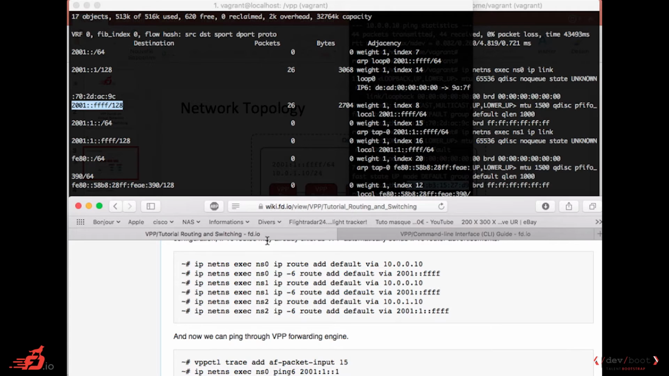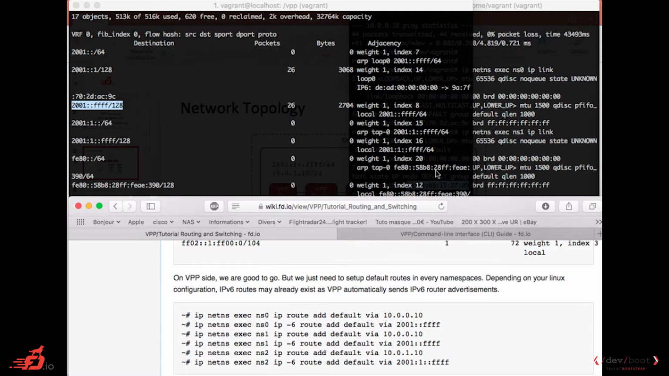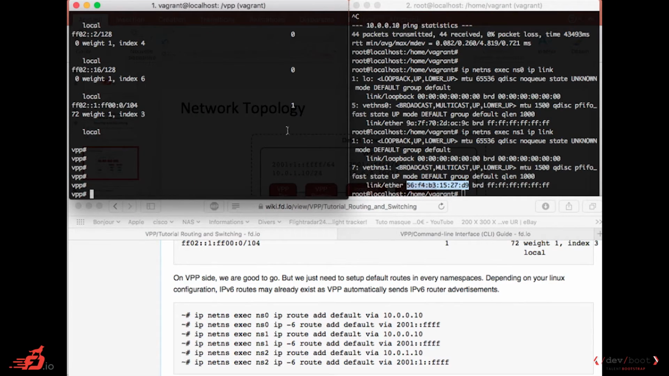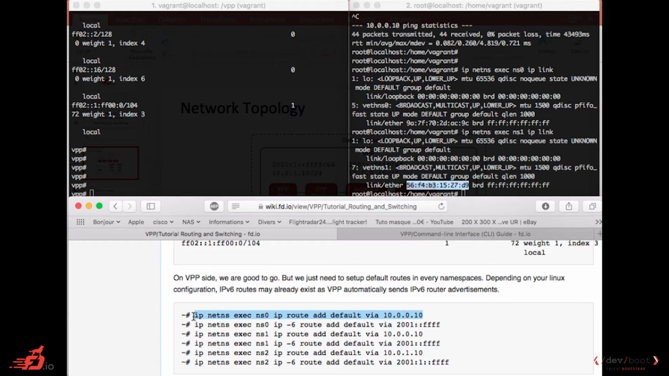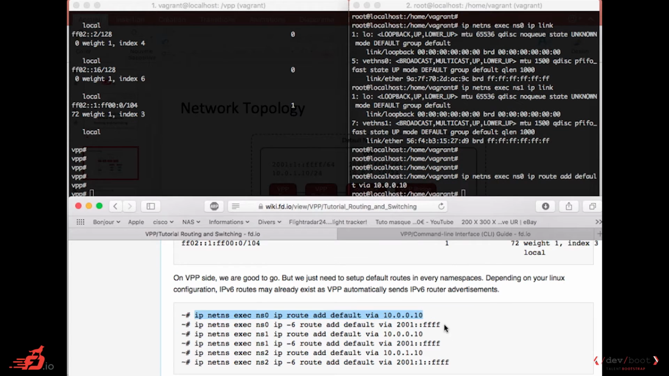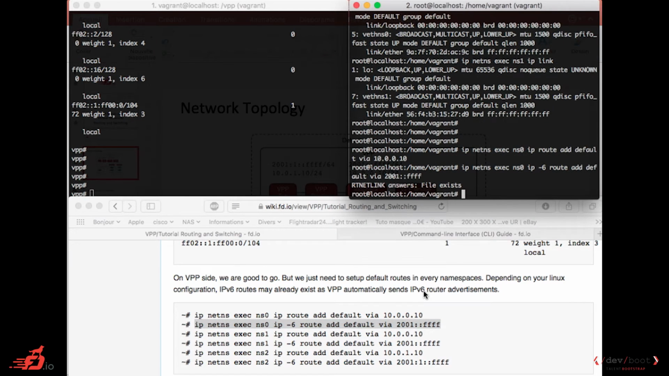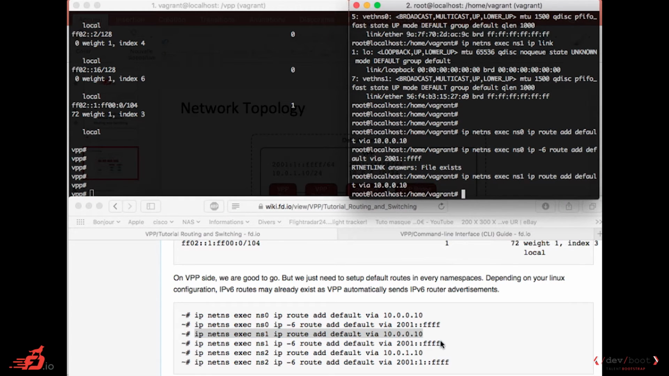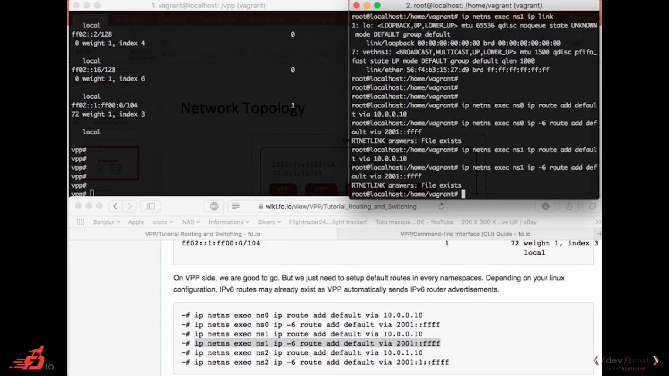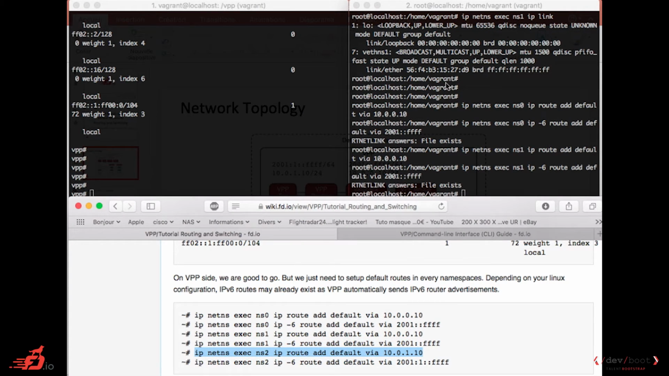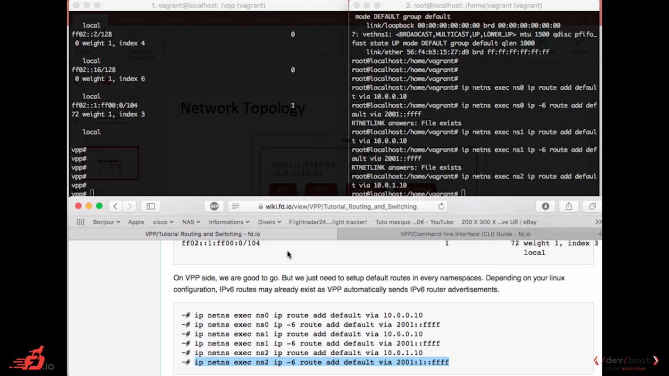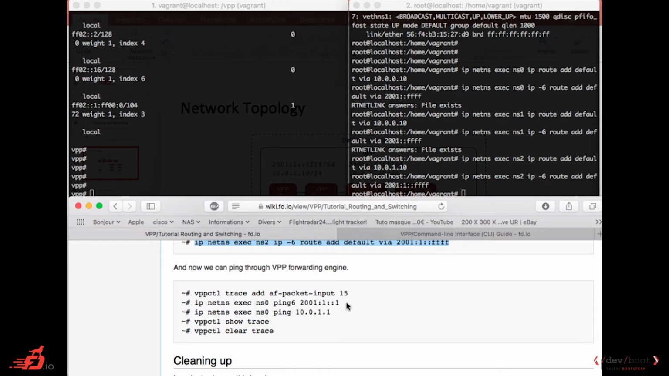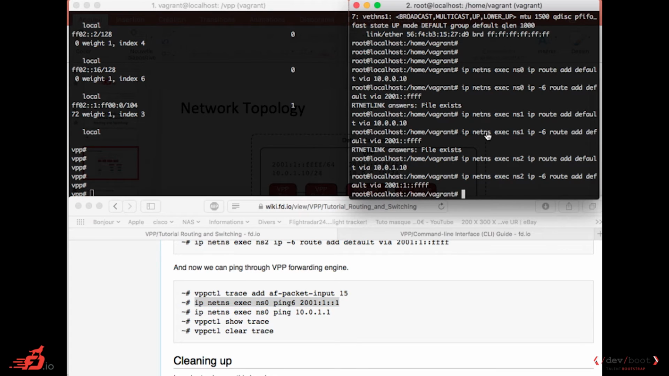And now, well, we just have to add some routes in Linux, because for now, Linux does not know that VPP is a router. So we just have to tell Linux to use VPP as a next hop for some routes. So to do that, this one actually exists. Okay. And now we should be able to ping from namespace 0